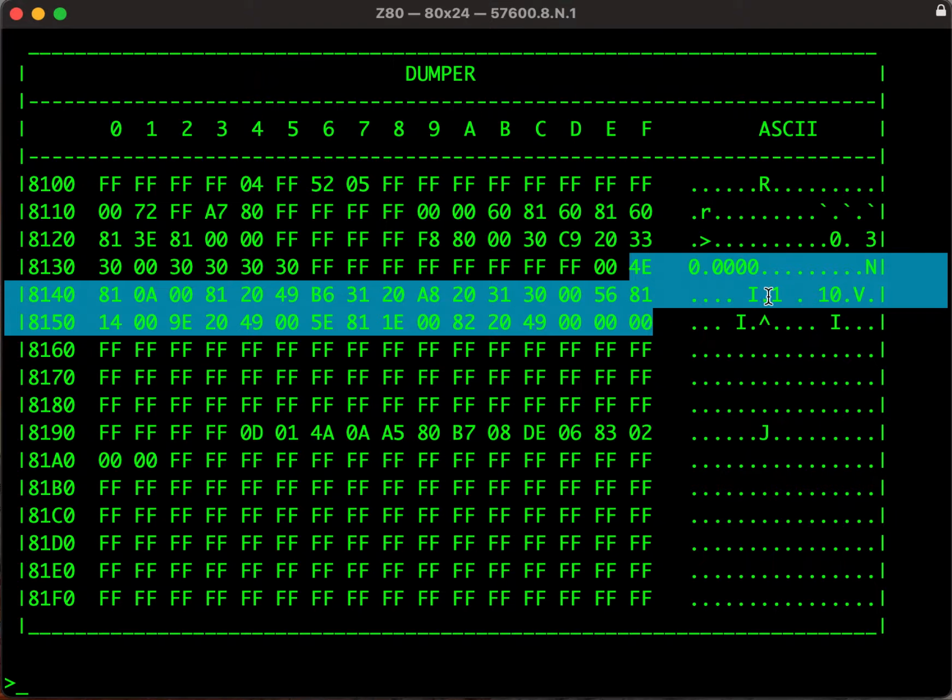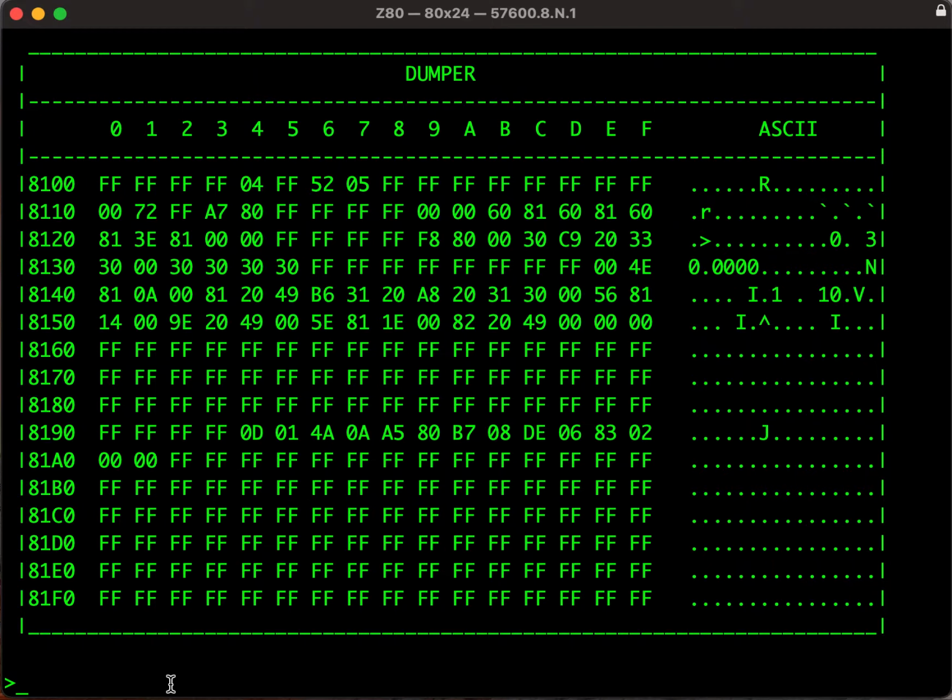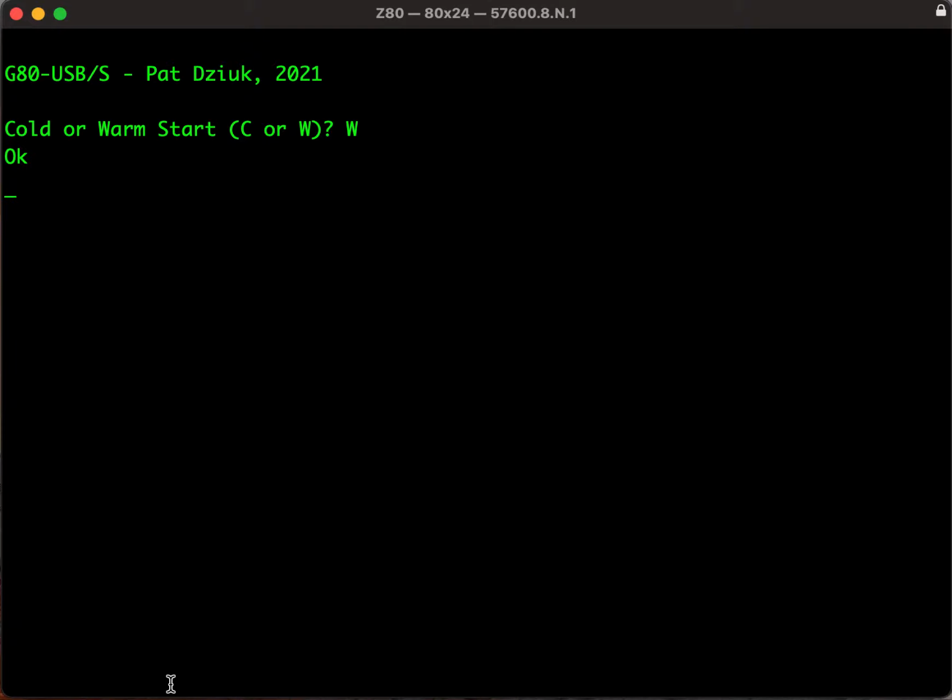And you can see we have the I equals 1 to 10 in here. So all that looks good. The next thing I will do is go back to the Basic program, and we can still do the alarm start, which I'm going to do. I'm going to list, and we still have it there. I'm going to do a new,